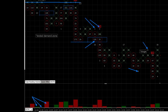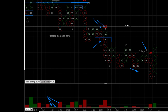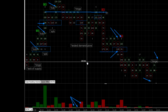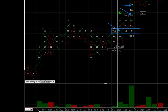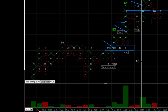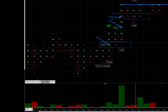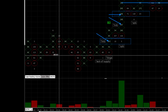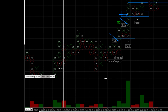I'm gonna go over a tape reading chart to set up a really nice move. I guess I'll start from back here on how price volume activity presented opportunities. So what you see is basically the market is consolidating, it pulls back and it tests this area,